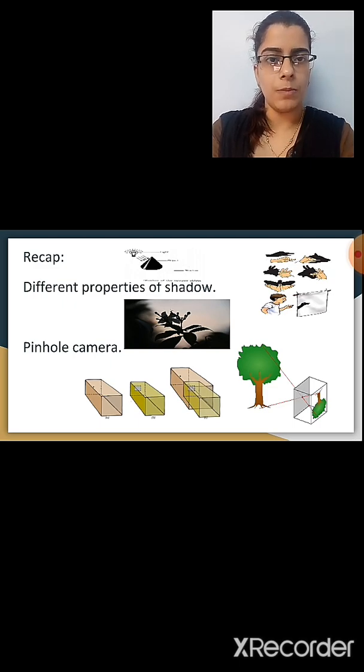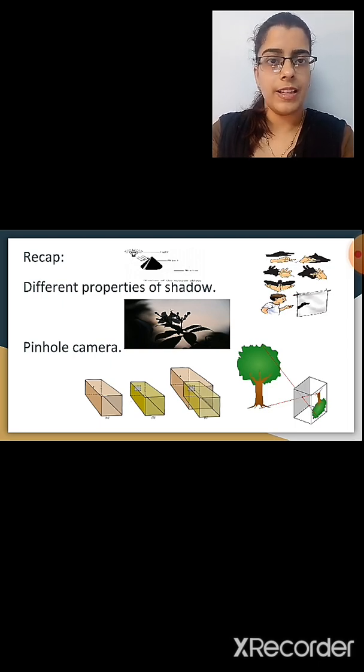When an opaque object is placed in the path of light, a dark portion is seen on the opposite side of that object. So what does that dark portion mean? The dark portion is the shadow of that object which is formed on the opposite side. To see a shadow, we need an opaque object, a source of light and a screen. Screen is very necessary to see an object. On the screen, only the object can be seen. The screen could be the wall of the building, the ground or any other object.